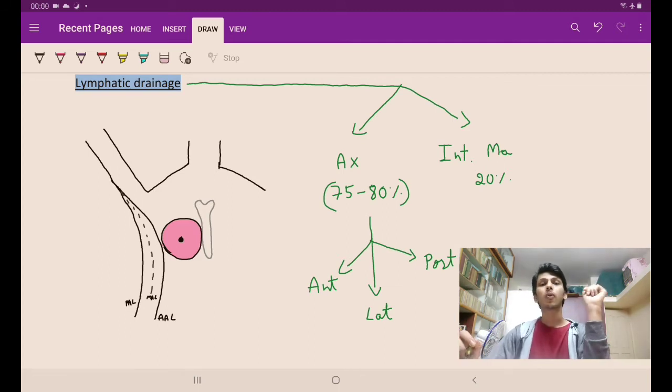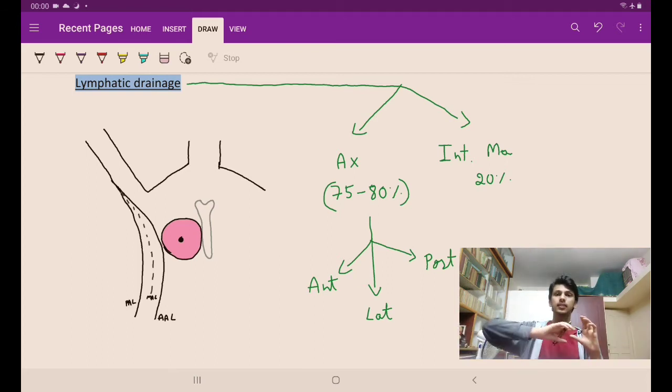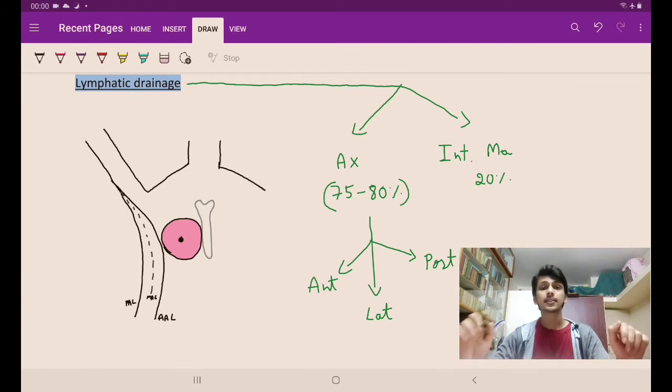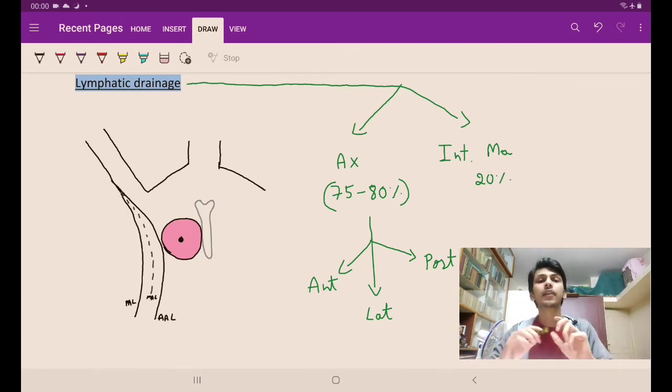Now see, what is lymph and a lymph node? Lymph is a fluid which is rich in WBCs, which goes into the lymph node. The lymph node sends it to another group of lymph nodes, and finally the lymph enters into the left subclavian vein, and then it enters the systemic circulation. That is what happens, right? We can understand the function of lymph in this way.